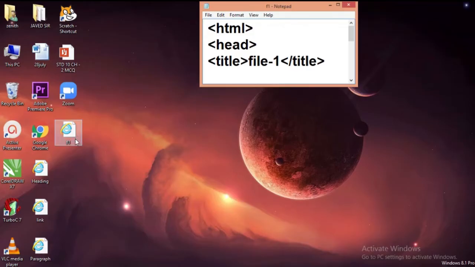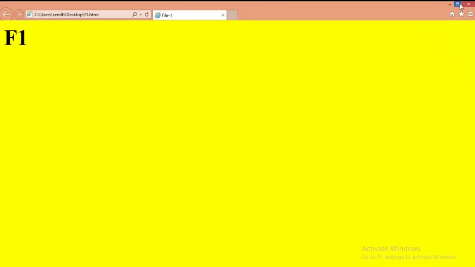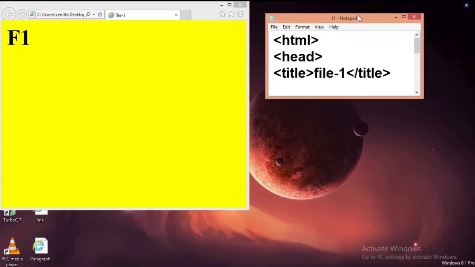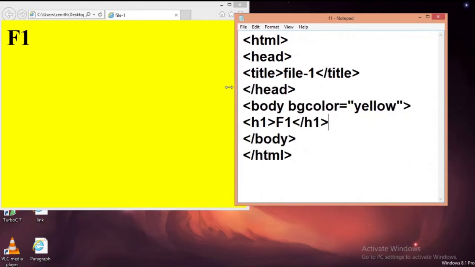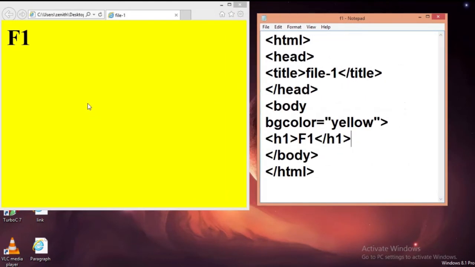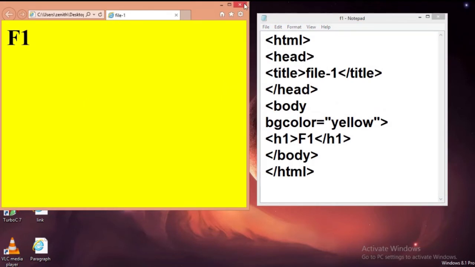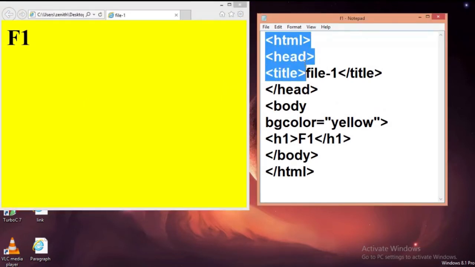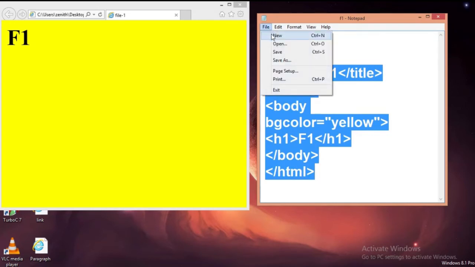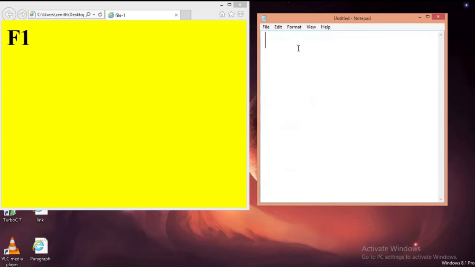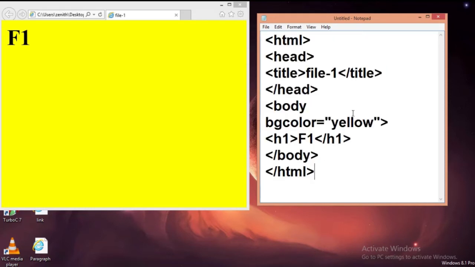So it will be displayed like this. It is the source file and it is the output. Now copy the whole source code, Ctrl C, then go to the file menu, new file, and paste.